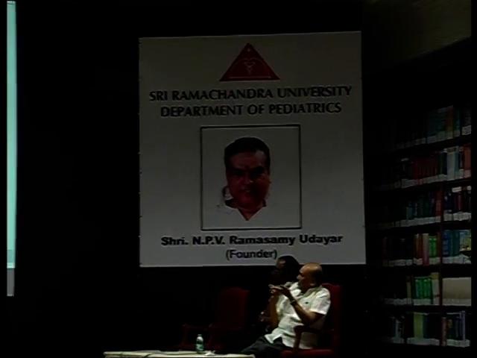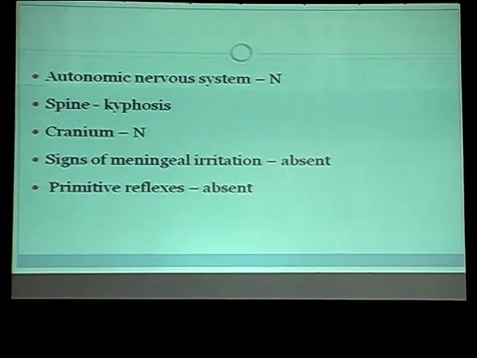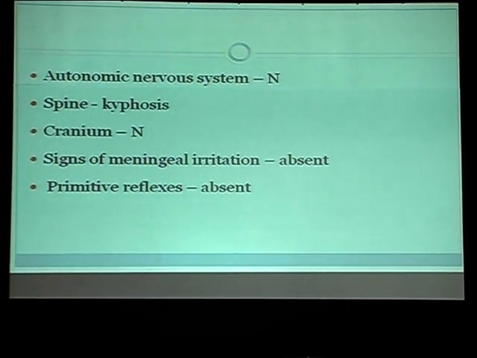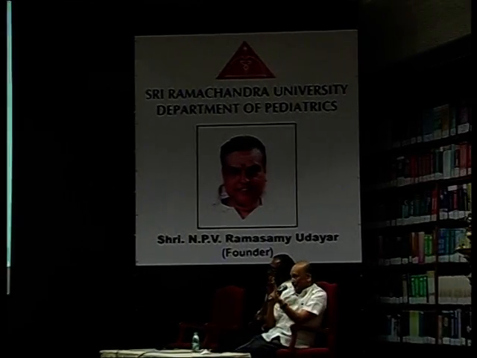So autonomic, right, the rest of it are all normal. So spine, right. I would have preferred to bring the primitive reflex much higher and not at the end, even below meningeal signs. Always remember there is another set of reflexes. I will never forget superficial, deep, visceral, primitive, so that you don't miss primitive reflex.